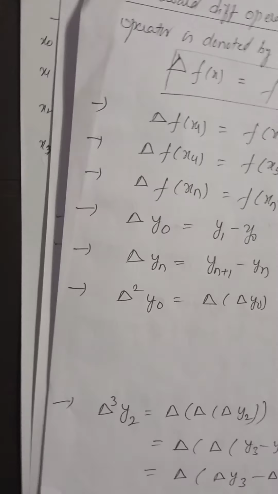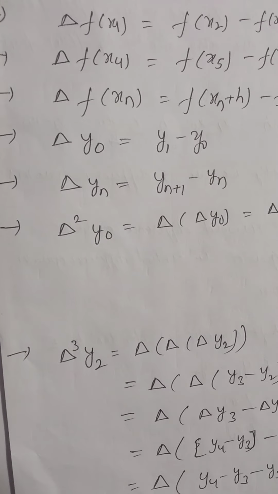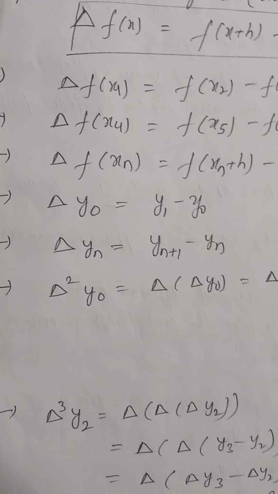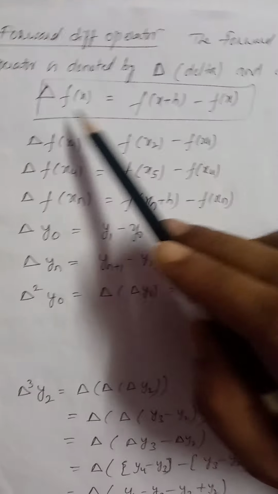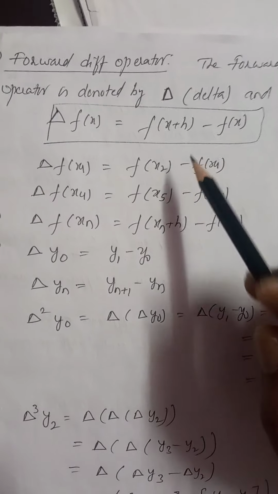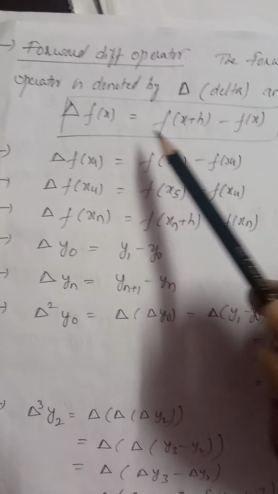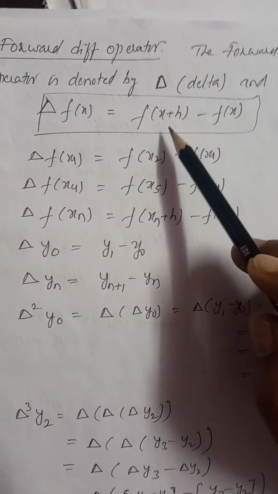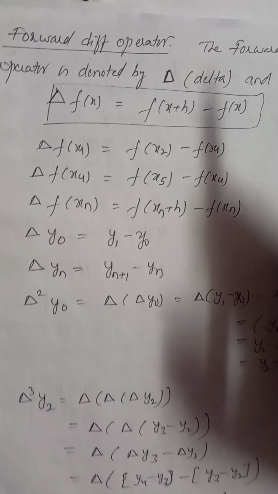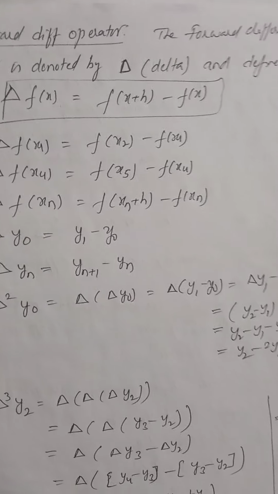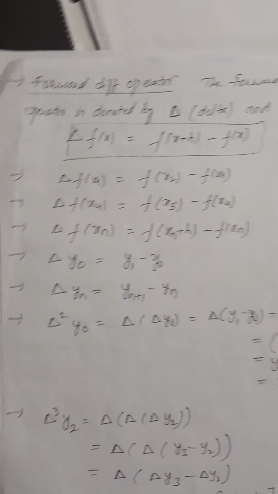Some applications are there. Now forward difference operator. Forward difference operator is denoted by delta. Right? Now it is defined as delta of f of x is equal to f of x plus h minus f of x. This is the forward difference operator. Forward difference operator operating on a function value is the difference of f of x plus h and f of x. Similarly, delta of f of x1 is equal to f of x2